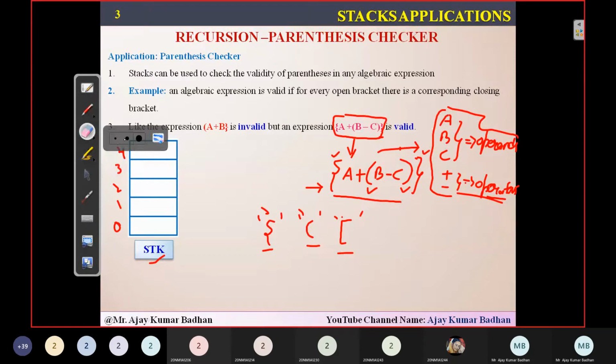Just a minute, let me erase this. So here we had a bracket like this. What is the first thing we have exactly here? It is an open curly brace. So if I encounter any one of the three, I will simply push it onto the stack. The first element present in this expression is the open curly brace, so I'm going to push it into the stack. So the stack will consist of this curly brace.